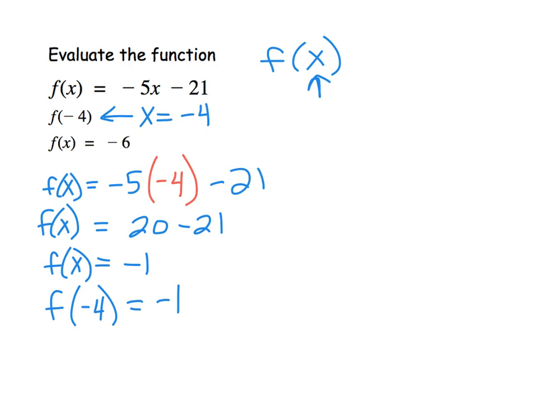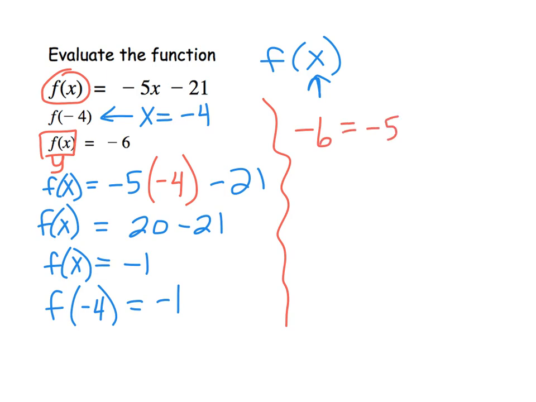Now, the other way they've asked us to evaluate it is when f of x equals negative 6. So f of x, when they don't put a value in there, that's just talking about our y. So our y value needs to equal negative 6. So I'm going to substitute again. This time, instead of f of x, I'm going to put in the value they gave me, negative 6, equals